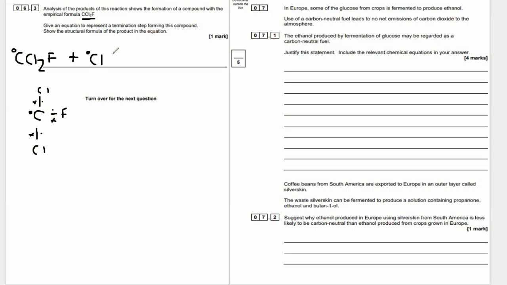So if you're wondering how did he know it's a free radical, it's because of that. That's supposed to be Cl2F. Join these two together, and it's going to have the same empirical formula, because we just doubled it for its molecular formula, but its empirical formula will remain the same. However, we've got to draw it in a structural formula. So if you think about this, it's going to be